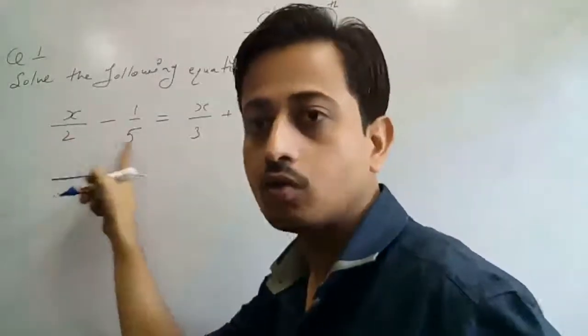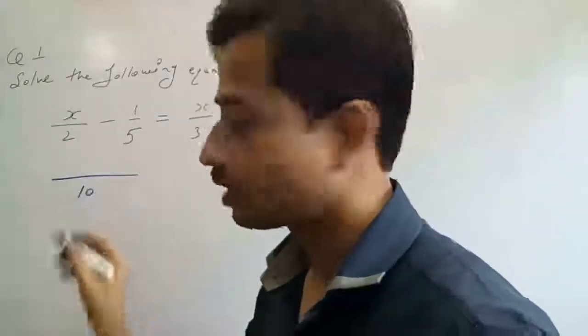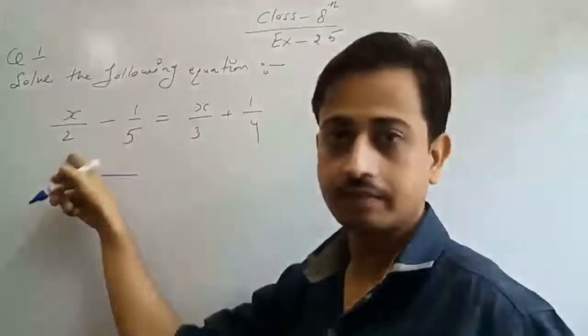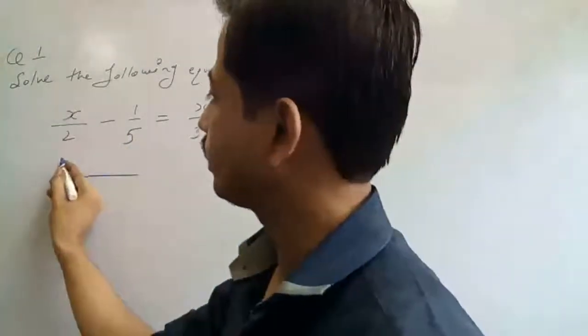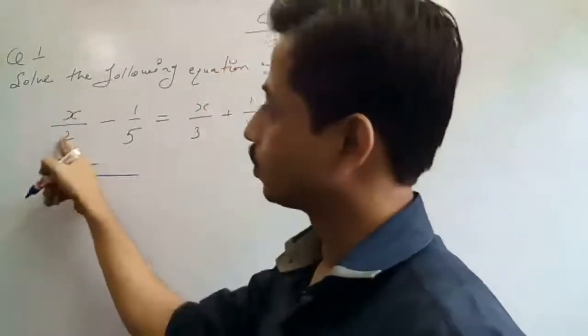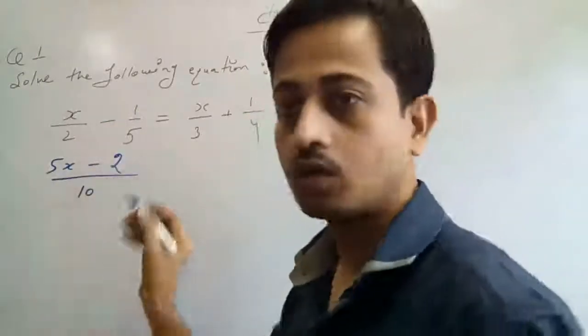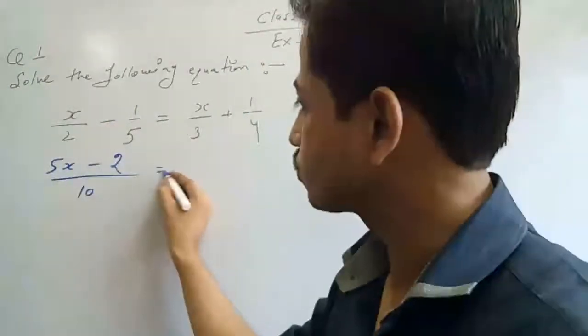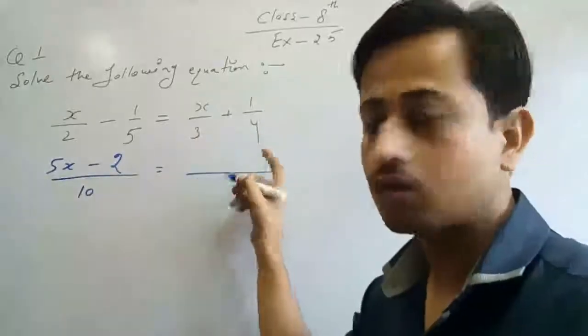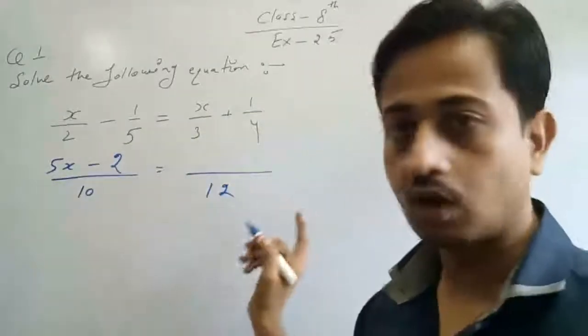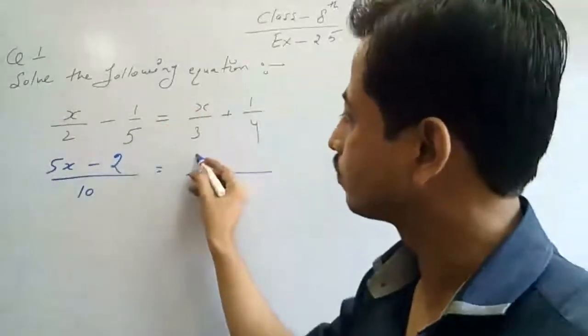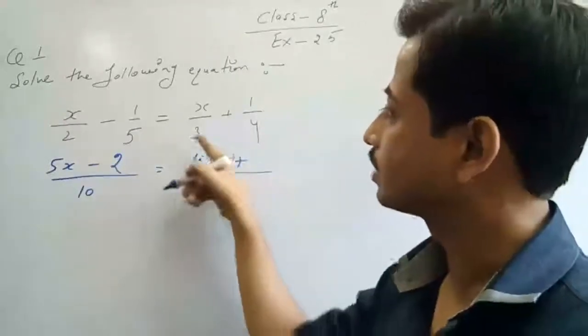Multiply 2 into 5, we get 10. Now cross multiply. 5 into x we get 5x. 2 into 1 we get 2. It's very simple. Now do the same step. 3 into 4 we get 12. Now multiply 4 into x, 4x, plus 3 into 1,